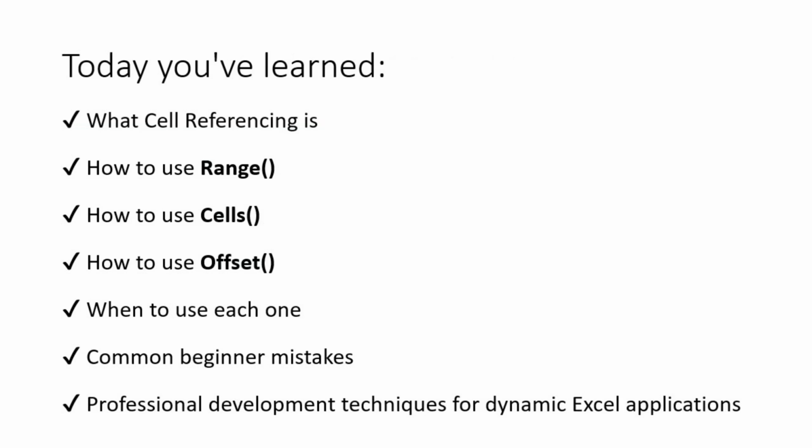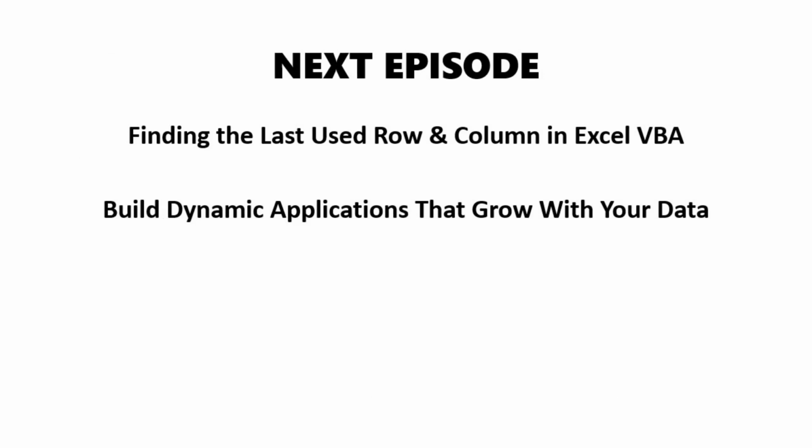Today you've learned what cell referencing is, how to use Range, how to use Cells, how to use Offset, when to use each one, common beginner mistakes, and professional development techniques for dynamic Excel applications. In the next episode, we will build on these concepts with another essential skill: finding the last used row and column in Excel VBA. Build dynamic applications that grow with your data. You will learn how to write VBA code that automatically adapts as your data expands, eliminate hard-coded ranges, and make